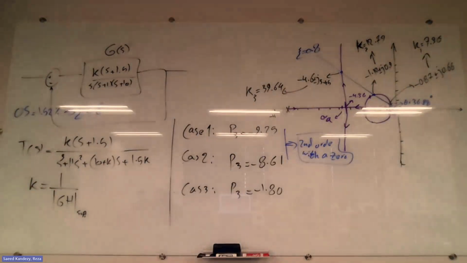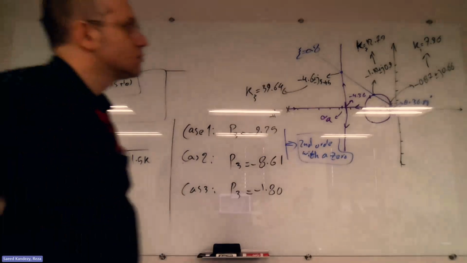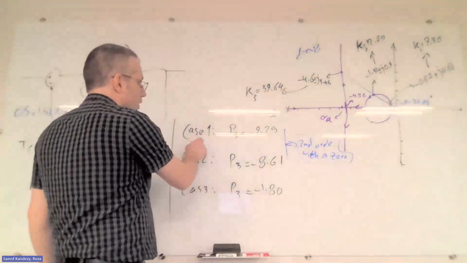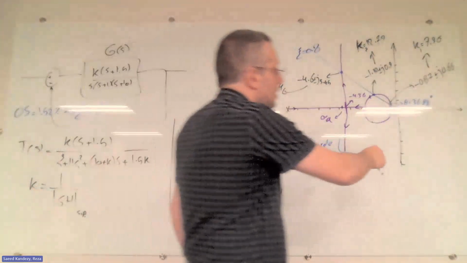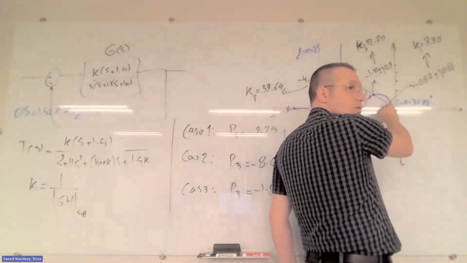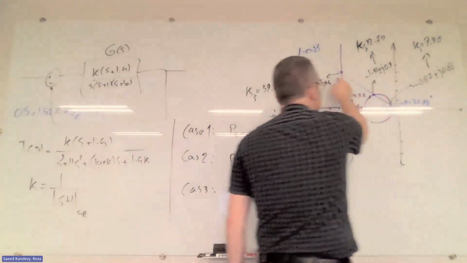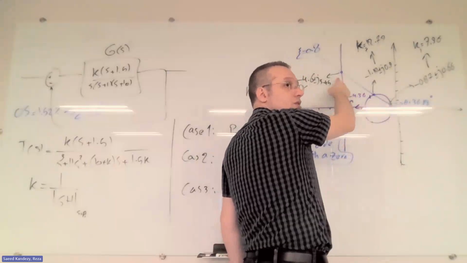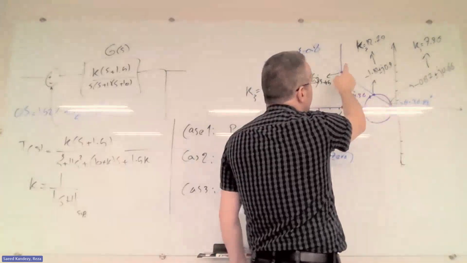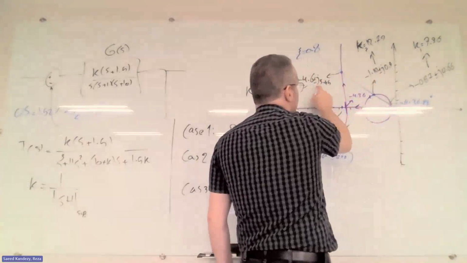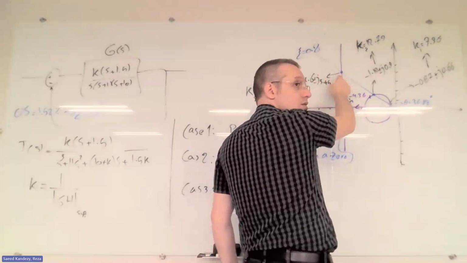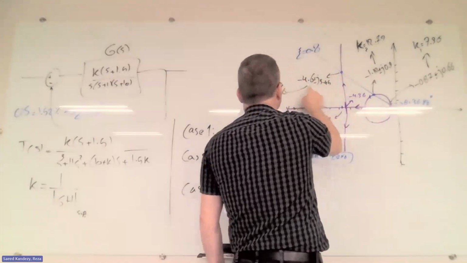Are we good? Each of those cases corresponds to the K1, K2, and K3 that we calculated. This is our first second order estimation, second order estimation, and third order second order estimation. Now, if the poles of the second order are this one, it would only happen when K is